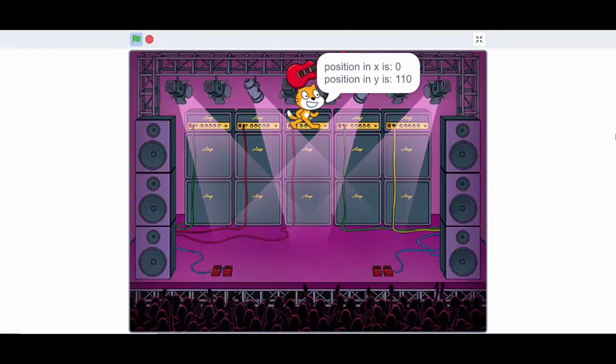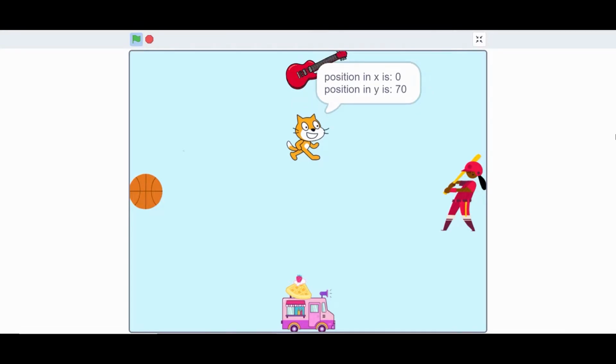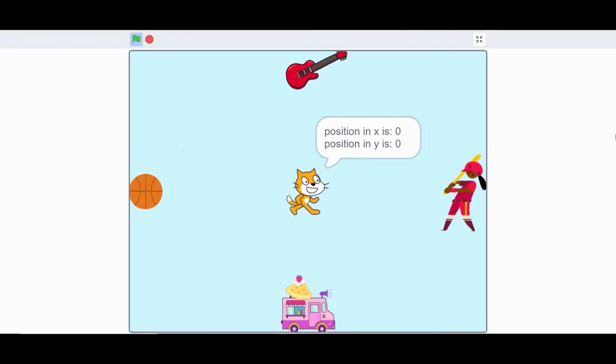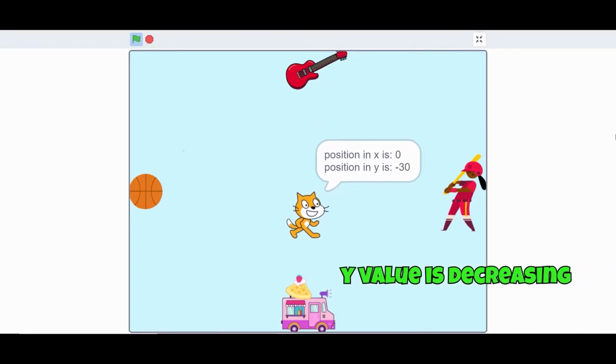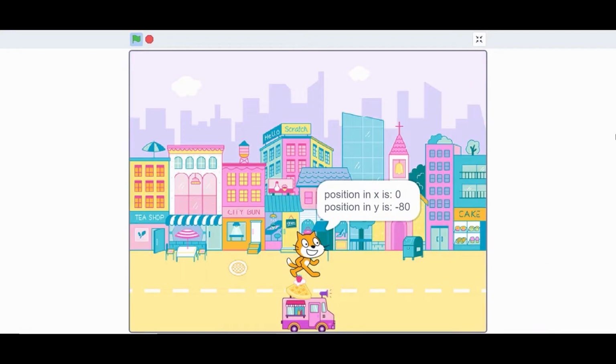I think it is pretty clear now how the directions work in Scratch, and I hope you all can help the cat feel its tummy after traveling so much. So what will we have to change in order to reach the ice cream van? Yes, you guessed it right. We start decreasing the value of Y to start moving in the downward direction. And just like we observed with X values, while moving downwards, the Y value reaches 0 and becomes negative from that point until we reach our van.